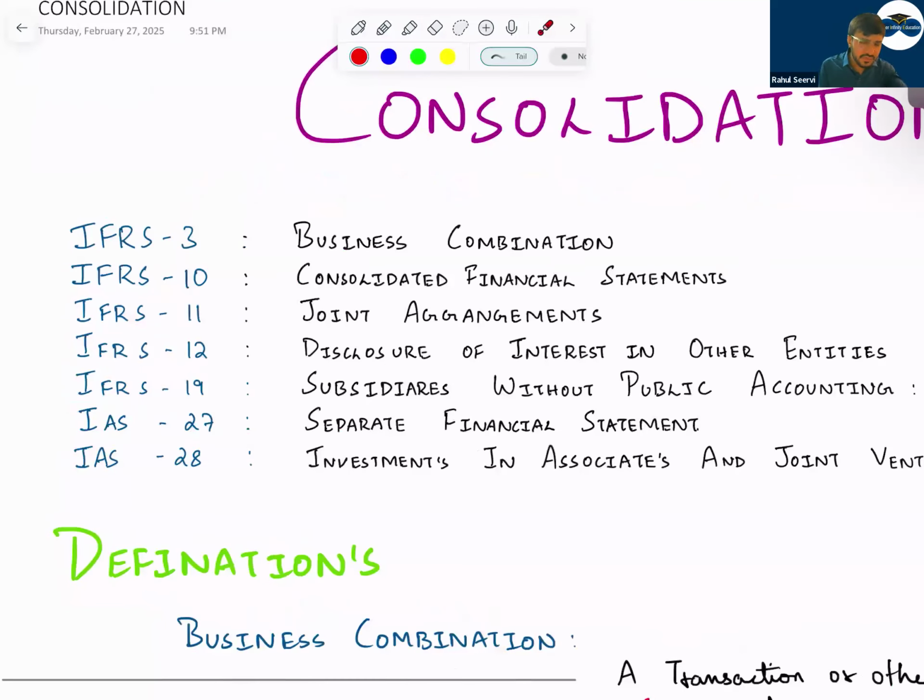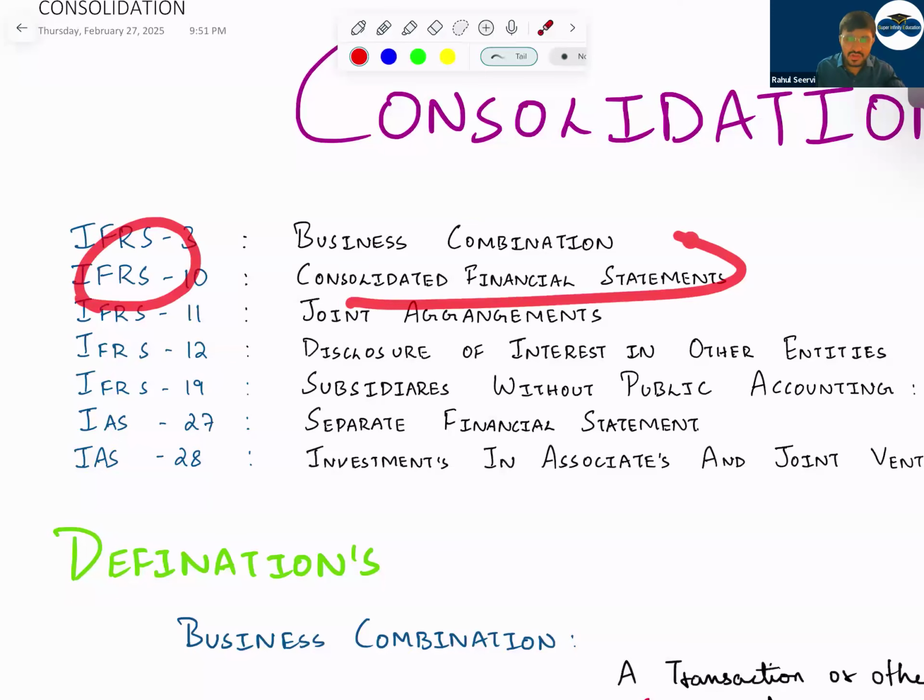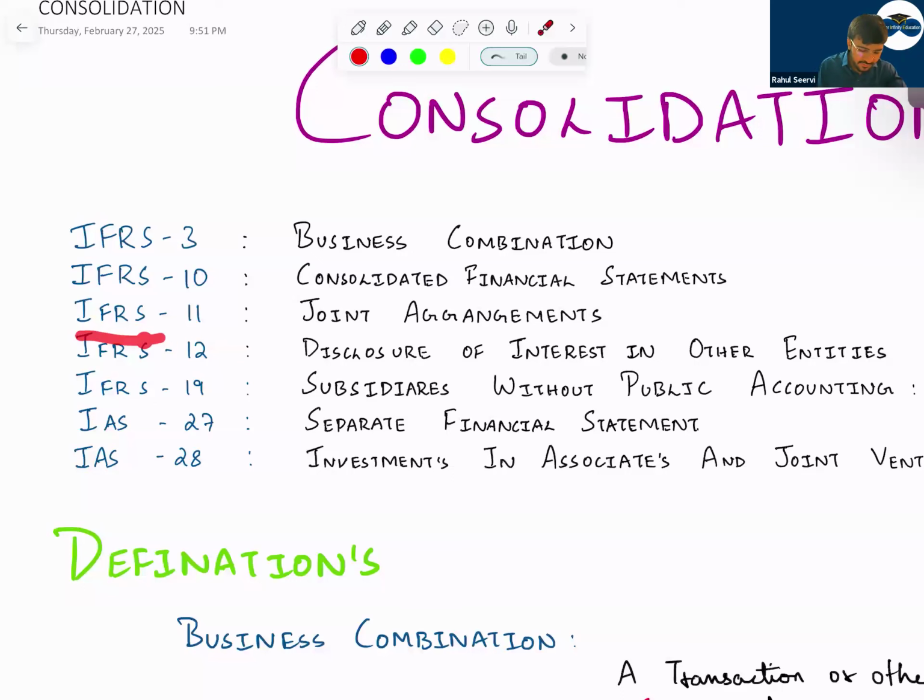The first standard we will be covering here is IFRS 3 Business Combinations. To do consolidation, it should be a business. The first important question in your exam is whether we are acquiring a business or whether we are acquiring an asset. Then IFRS 10, Consolidated Financial Statements. You have to prepare consolidated financial statements. Then IFRS 11, Joint Arrangements, a very important theory topic again for your Section A, Question number 1, whether it's a joint operation or a joint venture.